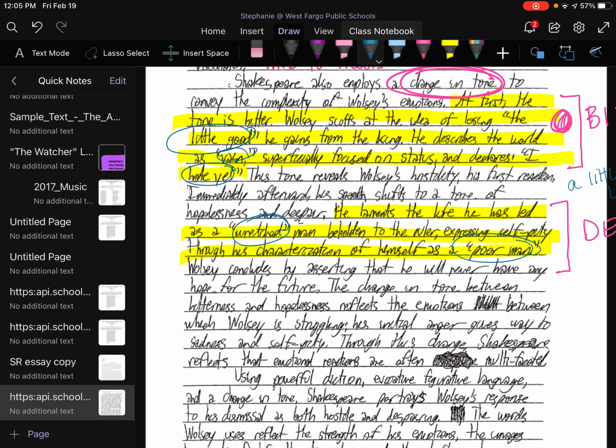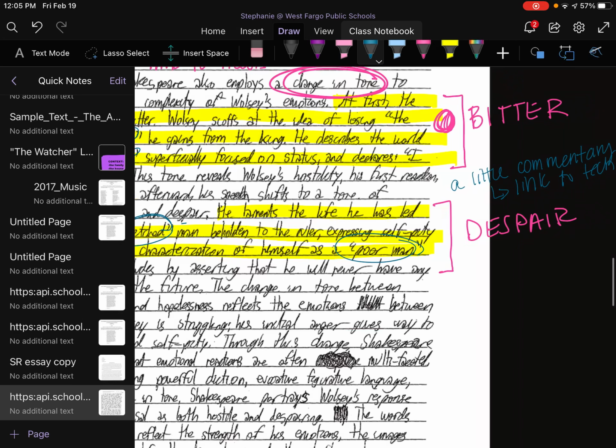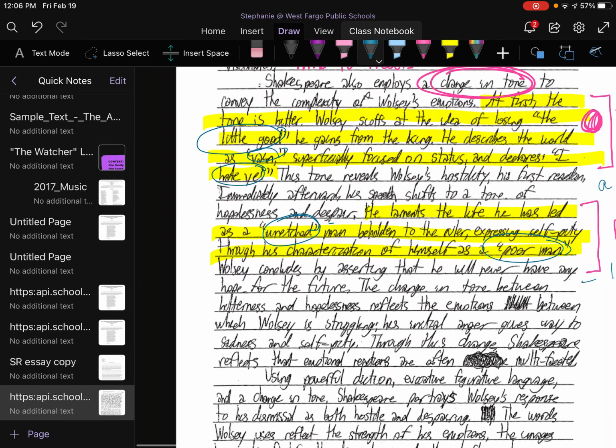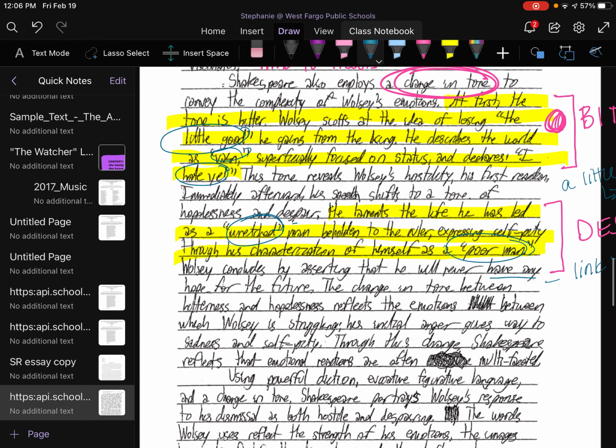A word here, a different phrase there. Wolsey concludes by asserting that he will never have any hope for the future. There again, they're explaining the technique, which in this case is tone, and they're saying he is despairing. Well, he doesn't have any hope for the future. So in this case, they made their claim,